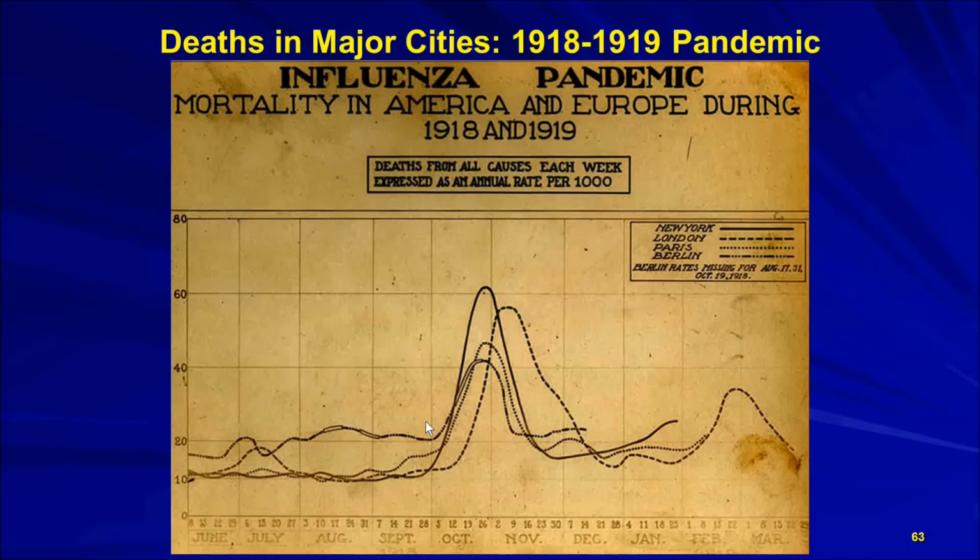You can see that we have New York and London and Paris and Berlin. You can just follow the lines and you can see the heaviest concentration of the disease, and this would of course make it a pandemic, and they do have it correctly labeled, and I just wanted to point that out to you. Of course, notice that the death rate was highest per thousand in October and November, and again began to recur in London during February.